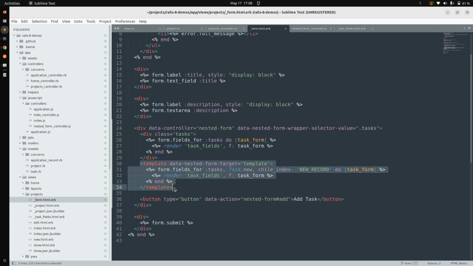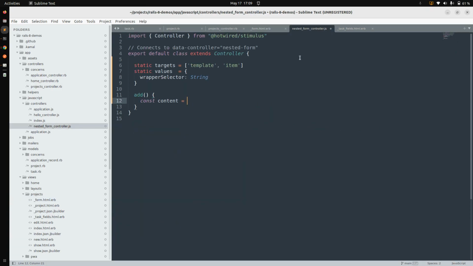It will only be rendered or cloned whenever you perform some event in the javascript. When we click on this add task button it will perform an event, and in that event we need to load this template target. So this dot template target dot